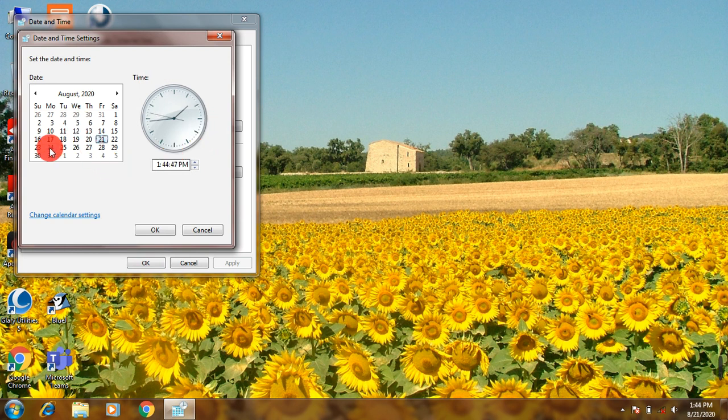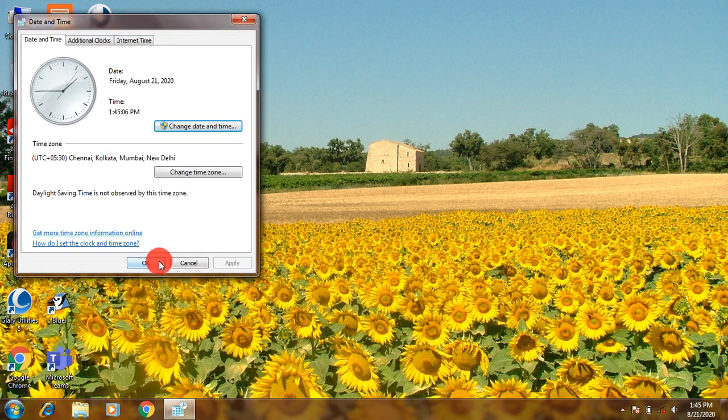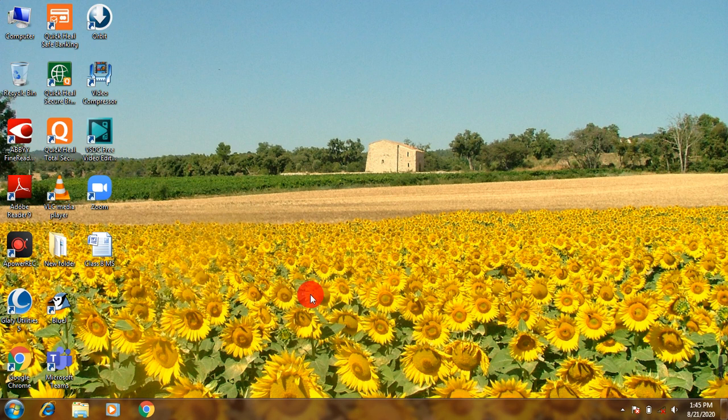Yes, now you can select any date or year of your choice from this box, and you can enter or type the new time or date value from here, and after this click on OK button and again OK button. So in this way you can change date and time of your computer.